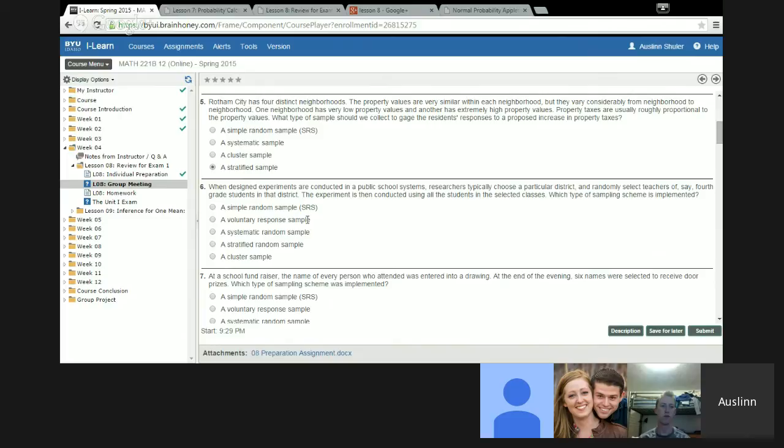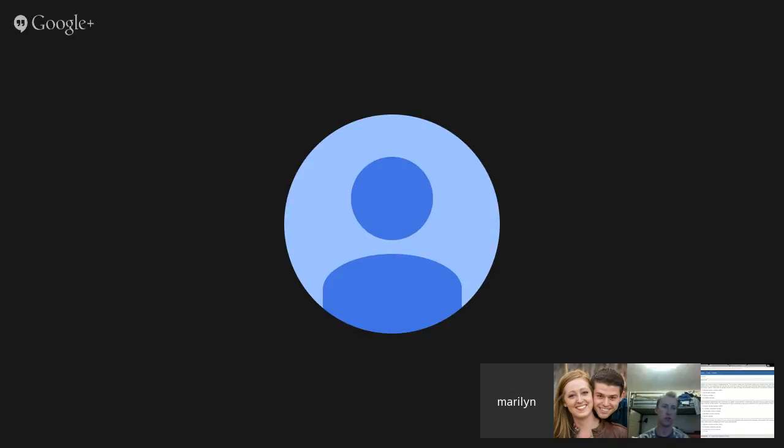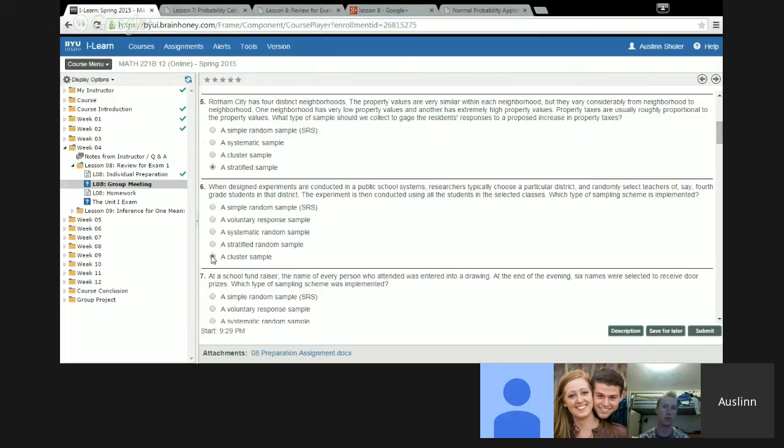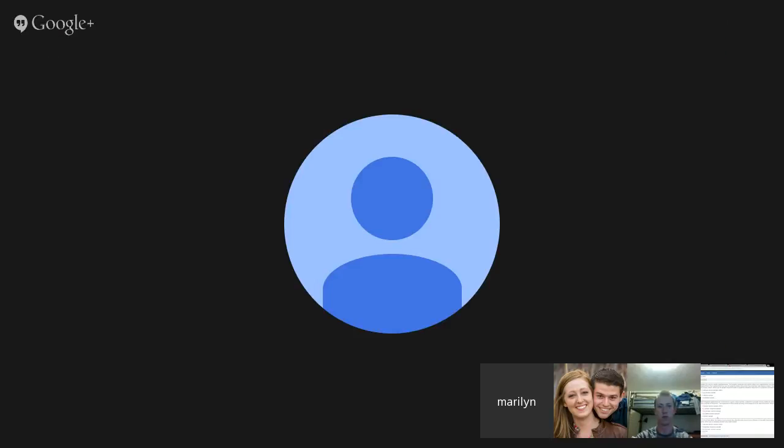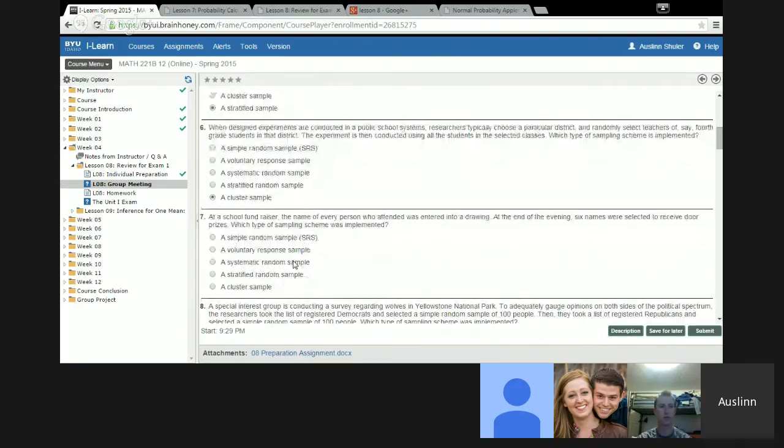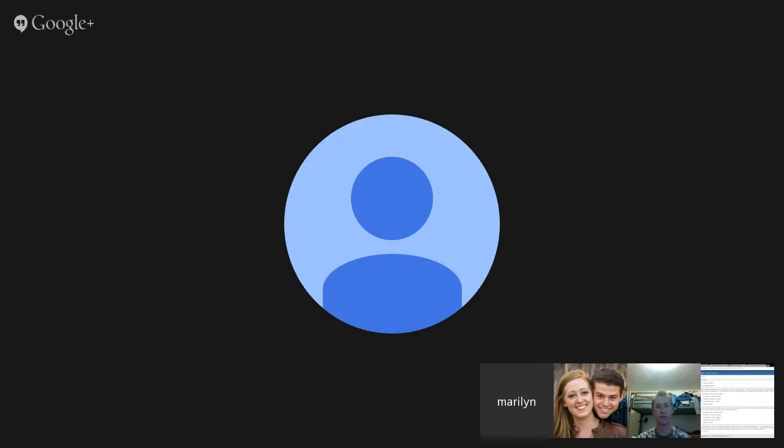And that's what makes it a cluster, because with a cluster, you're taking all the items in one or more randomly selected clusters or blocks. You randomly select it first, but then use all of the data within that cluster. So in a cluster, you do a random selection in the beginning, but then you use all of it. So that's basically the same as systematic, except you're using everything.